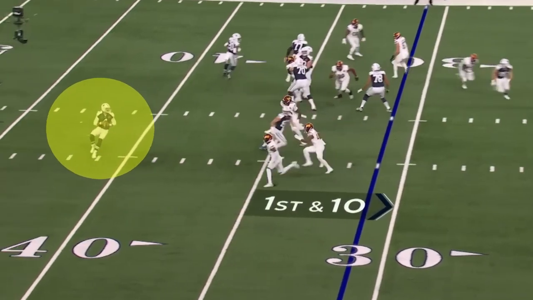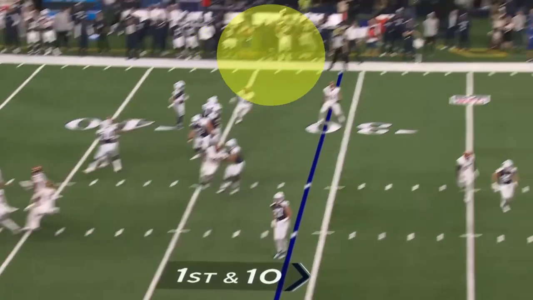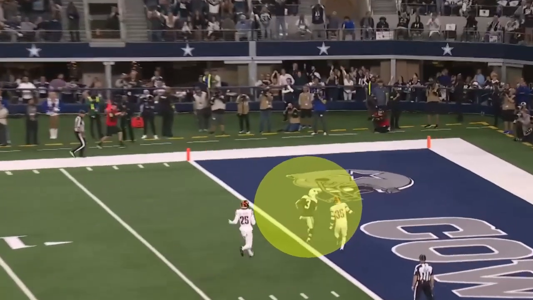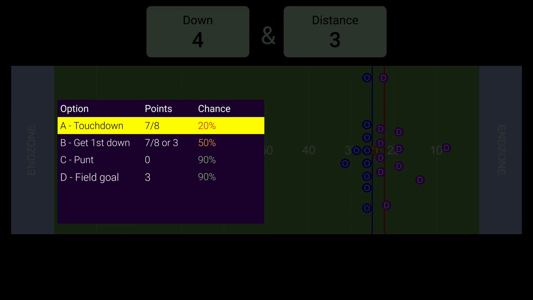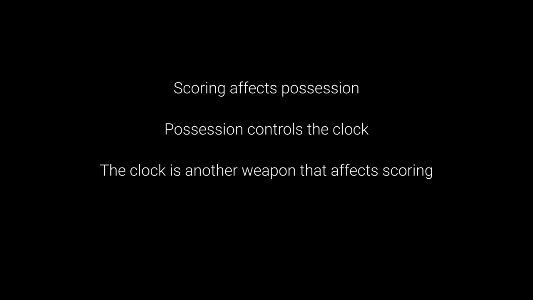Or maybe our quarterback is an amazing passer and we trust his accuracy more than our kicker, and we decide to throw a deep pass and catch the defense off guard. In this case, option A might work. You see, scoring in American football isn't as simple as just scoring touchdowns as fast as possible, because scoring affects possession of the ball, and whoever has possession of the ball can control the clock. And the clock can be used to your advantage to make it harder or easier for you or for them